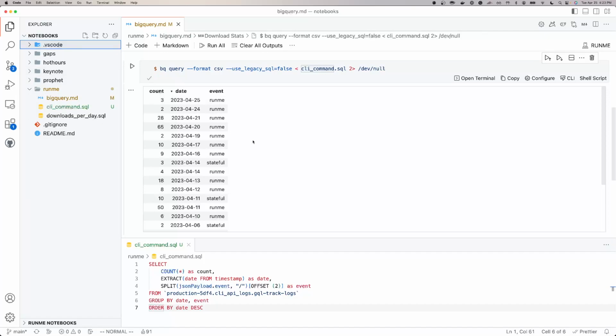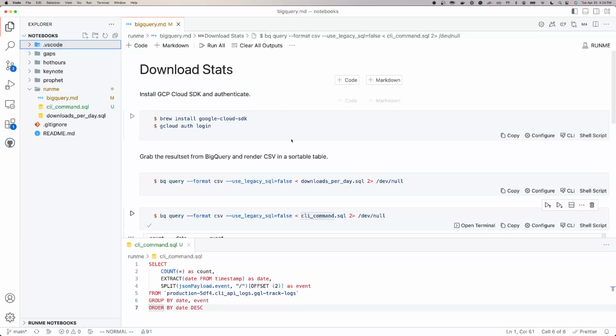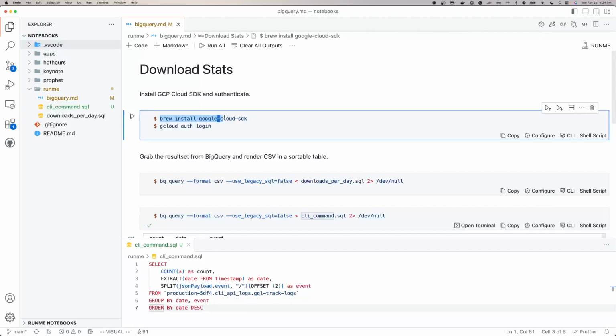But the problem with Jupyter notebooks is they're great, but pretty heavy because they require a Python environment and a lot of dependencies. If you're comfortable with it, it is a fantastic and very powerful tool, but it's not particularly lean, right? What makes Runme great is you don't need much more than things you're probably already using. In my case, we have all of our stuff running in GCP, Google Cloud Platform,